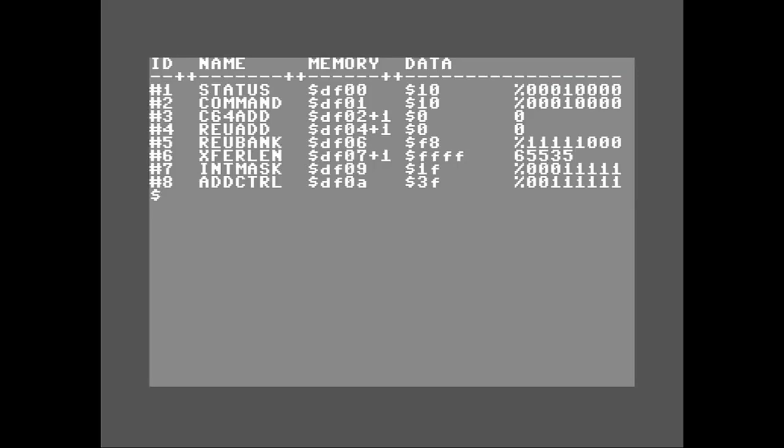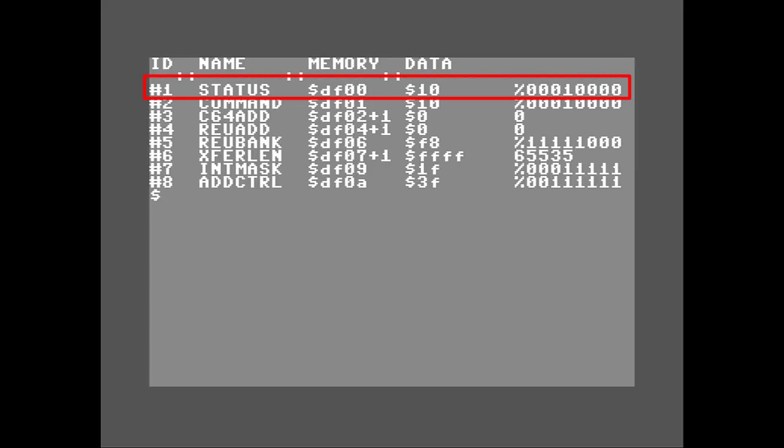So let me give you a quick overview of the registers. Status register is a read-only register at the very top, and that will let us know, well, probably several things, but right now it will let us know when we actually transfer a block successfully, a block of memory, to a RAM expansion unit or from the RAM expansion unit. It will show a 1, I believe, in the bit number 6,